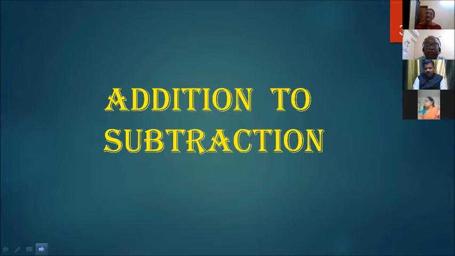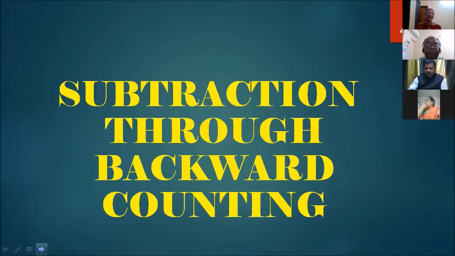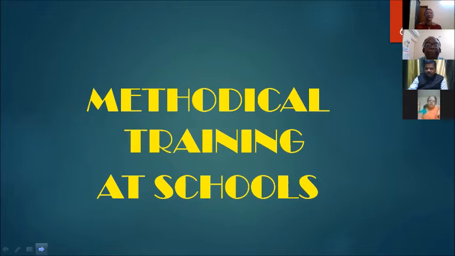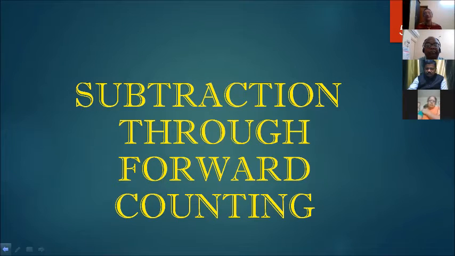Addition, as I've already told you, is one kind of skill the child learns. In the same way, only through addition can a child learn subtraction. This is my simple analysis. Now, say 10 minus 8 is there. How do we do 10 minus 8? With 10 objects, we immediately think: take 10 fingers and then remove 8 fingers. So what is there? It is only 2. So 10 minus 8 is 2.